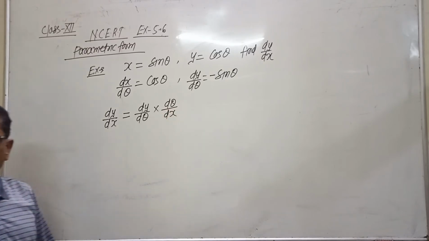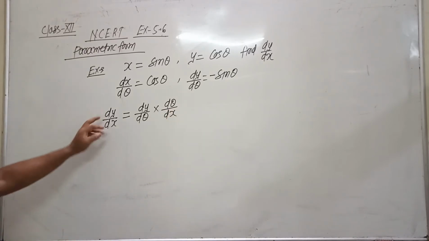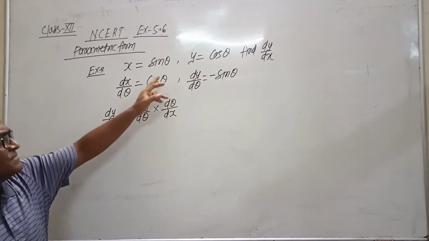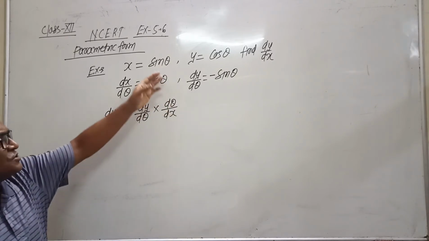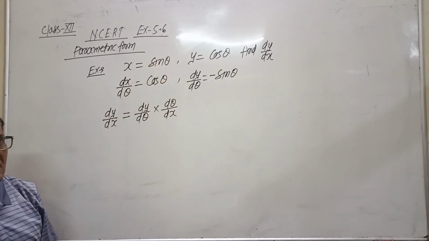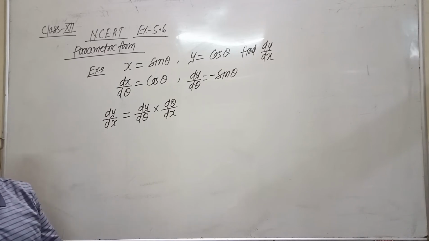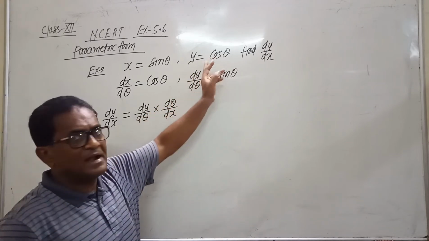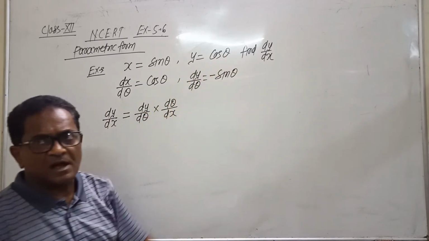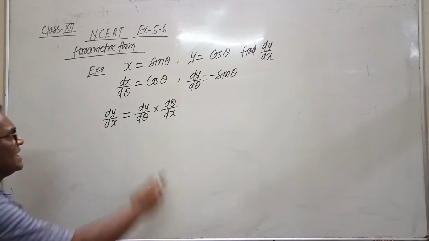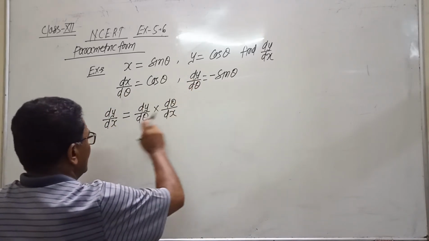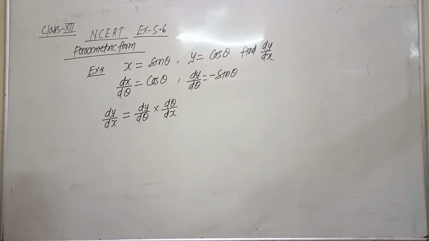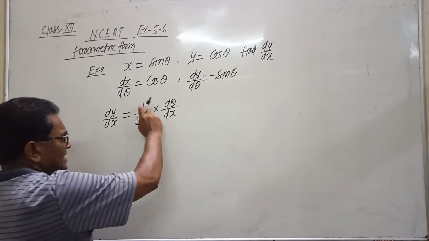In every question, instead of dy by dx, we will write dy by d theta and d theta by dx. If there is a term of theta, suppose if there is a term on RHS which is a function of t, like sin t, then we will find dx by dt, and from here also we will find dy by dt. If instead of theta there is t, then we will find dx by dt and dy by dt, and dy by dx would be written as dy by dt into dt by dx, because d theta gets cancelled and it